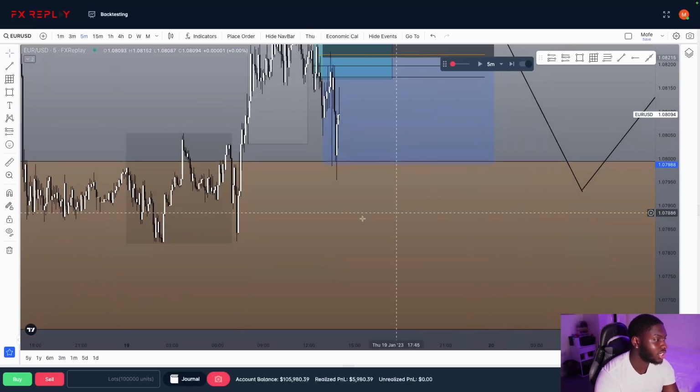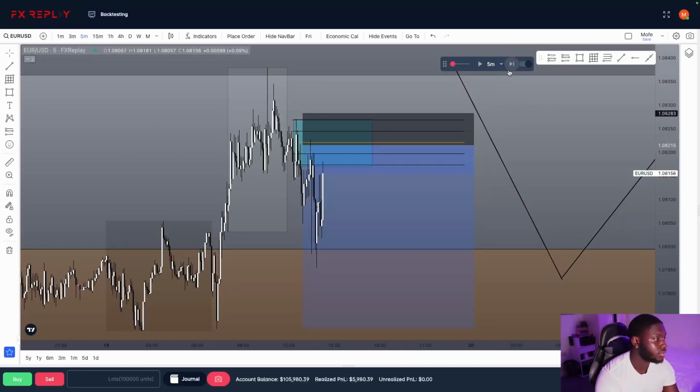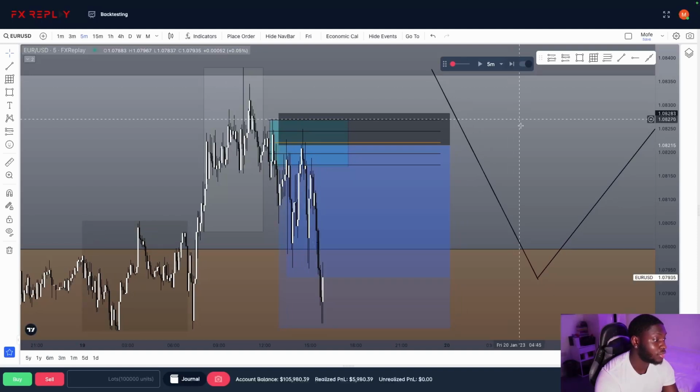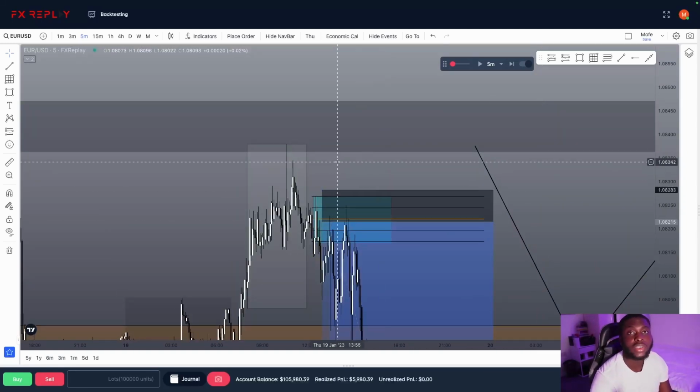I want to see if we took out this H1 low. Let's see. Okay. Did we take it out? See, price came, we would have given you multiple entries. This goes to show that having an idea and framing your trades of the day, or what you're looking for in the market, really, really helps your analysis.